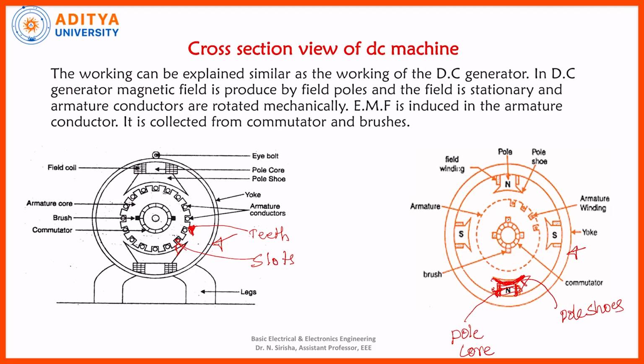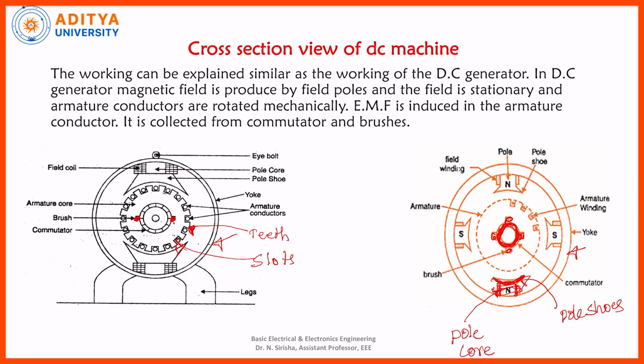Next to this armature we have the commutator. See, this is the structure of a commutator. This forms the commutator, and this commutator has commutator legs in which all the commutator legs are connected to the armature conductors, and from the commutator we have the brushes. These four brushes are present. This is a two-pole generator. Here two brushes are present in this figure.